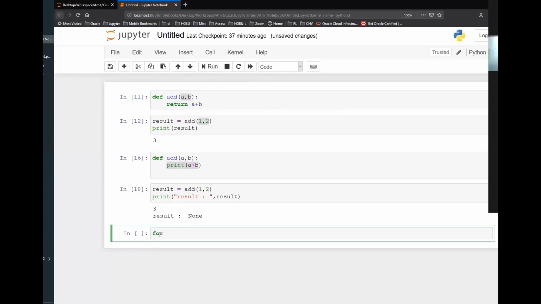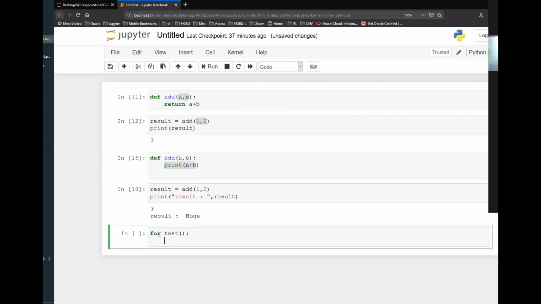Let's say for some test function, I'm not taking any parameter here for the sake of simplicity, and then I'm saying return list(range(10)).